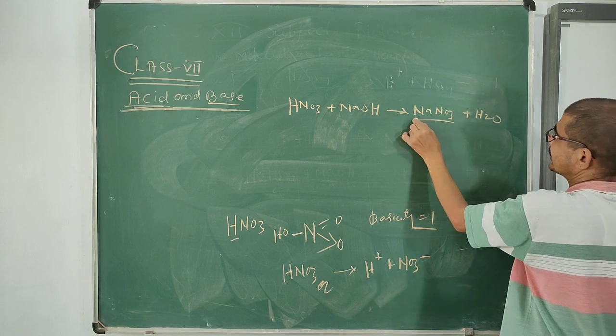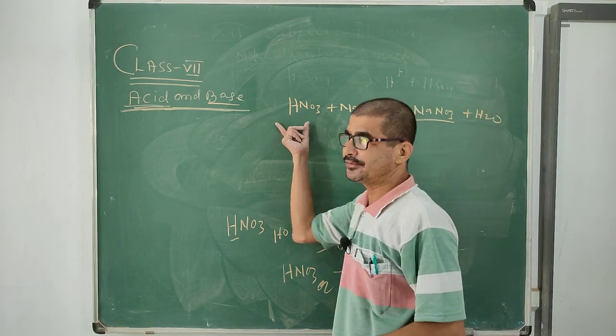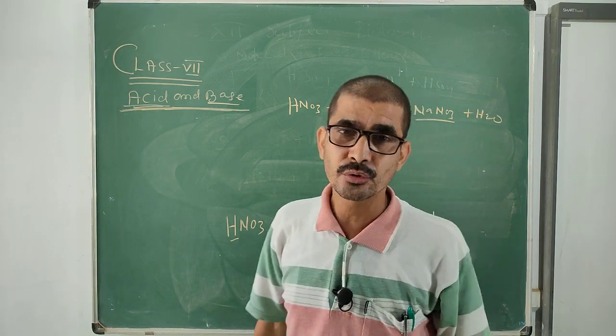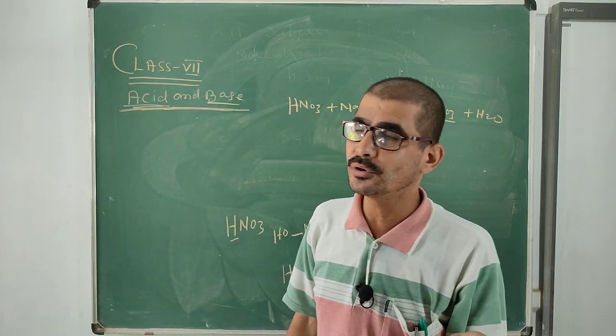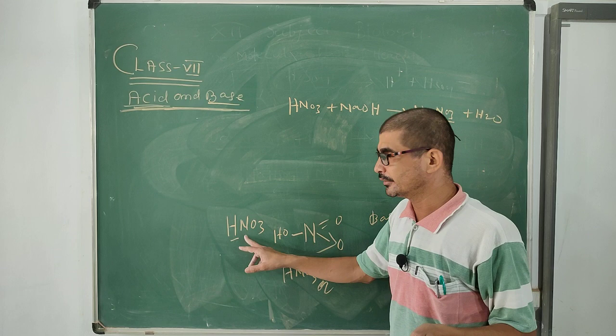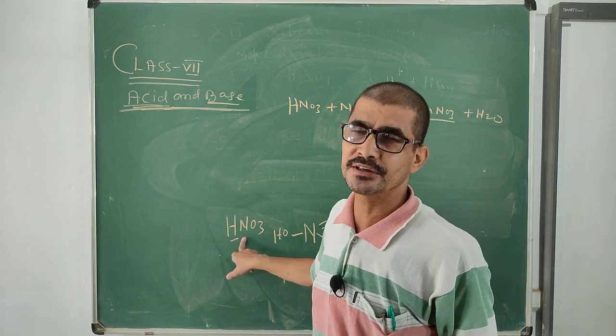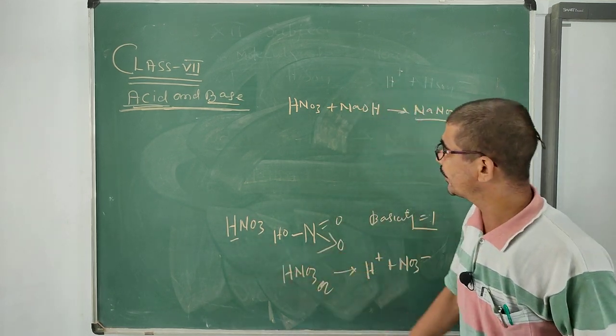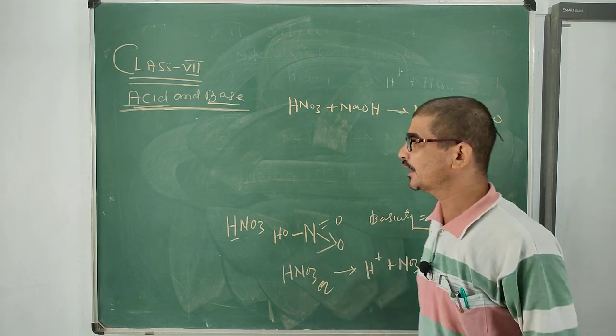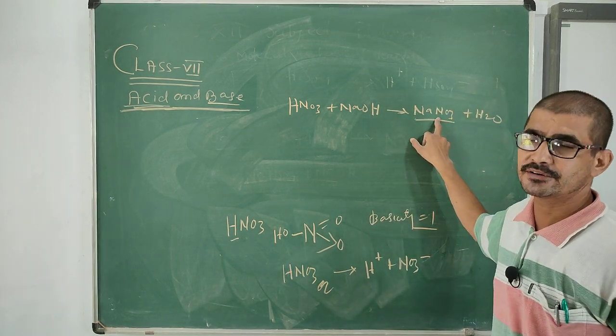Sodium nitrate and water, because it is a monobasic acid. So dear student, sodium binitrate is not possible. The reason is that nitric acid is a monobasic acid, its basicity is 1. So whenever it reacts with a base, it forms one type of salt, and its name is sodium nitrate in case